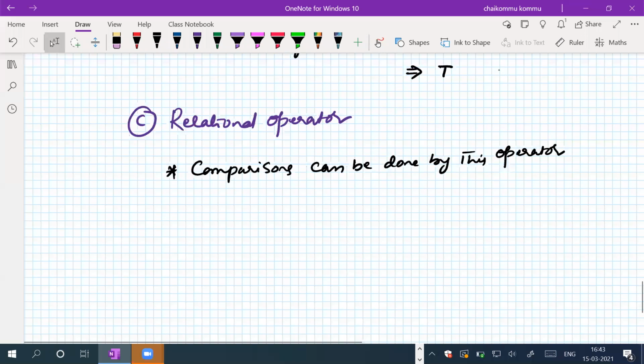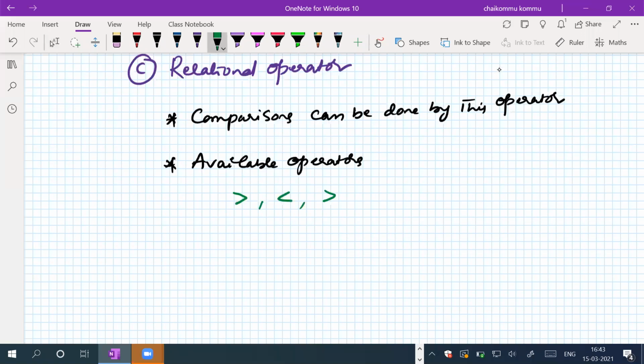Okay, so the first ones are greater than, less than, greater than or equal, and less than or equal. These are the different relational operators in Verilog HDL. We only have to focus on greater than, less than, greater than or equal, and less than or equal. We don't have any other symbol for it; we just write greater than followed by equal.